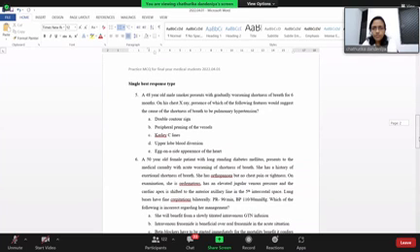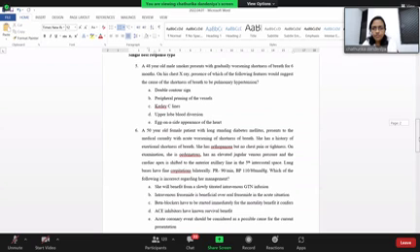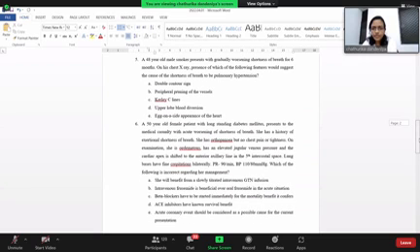A 50-year-old female with long-standing diabetes presents with acute worsening of shortness of breath. She has a history of exertional SOB, and now she has orthopnea but no chest pain or tightness. On examination, she is edematous, has an elevated JVP, and the cardiac apex is shifted. Okay, so she has an enlarged heart. Lung bases have fine crepitation. So basically, she is a patient who is in congestive cardiac failure, and now comes with acute worsening due to LVF. Pulse rate 90, blood pressure is 110 by 80. Which of the following is incorrect regarding her management?